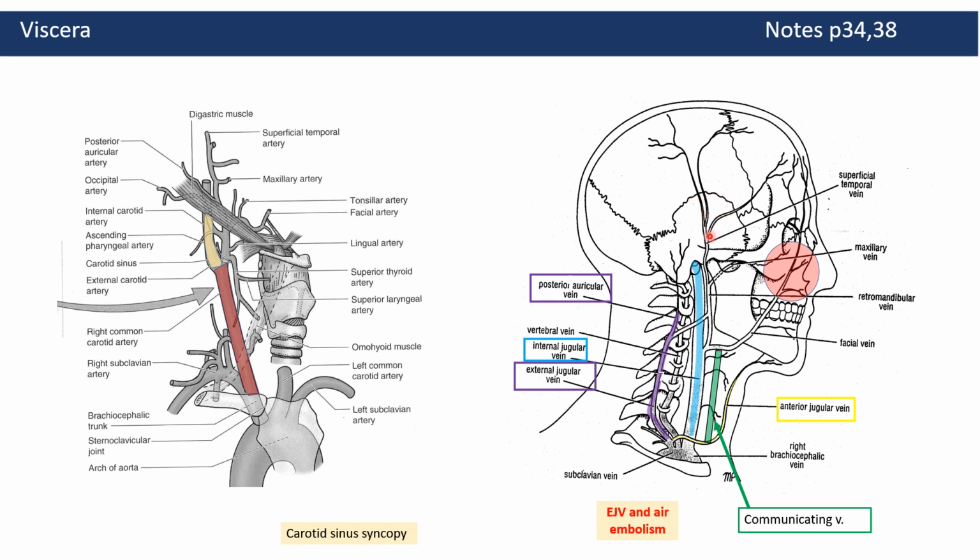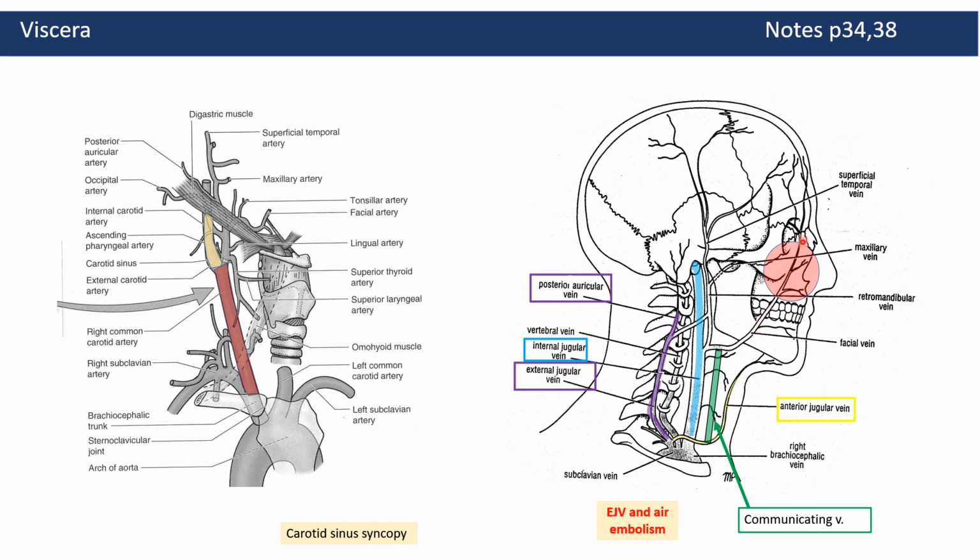That superficial temporal vein combines with the maxillary vein to create the retromandibular vein. The retromandibular vein has an anterior and posterior division. The posterior division, together with the posterior auricular vein, form the external jugular vein. And then the anterior division of the retromandibular vein combines with the